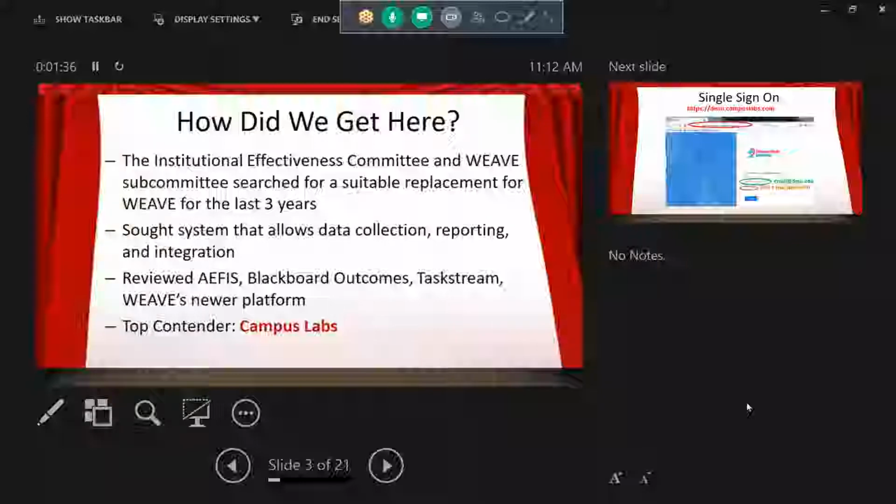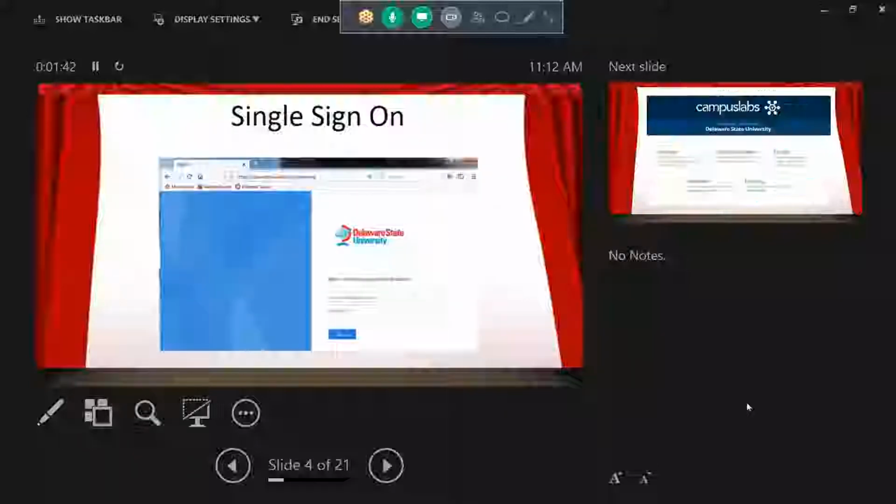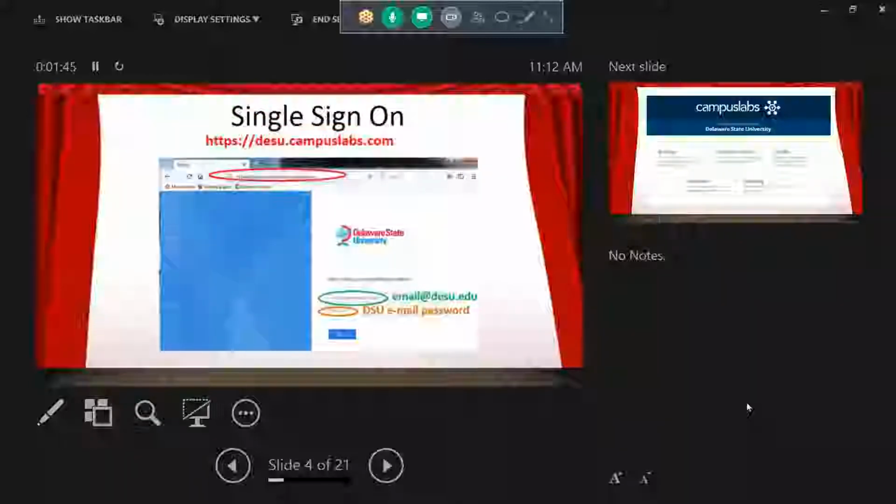And we didn't want just any system. That's why it took us about 3 years. So thank you very much for all your patience in the process. We appreciate it. So the good thing that you'll know is that you don't have to have a new password,